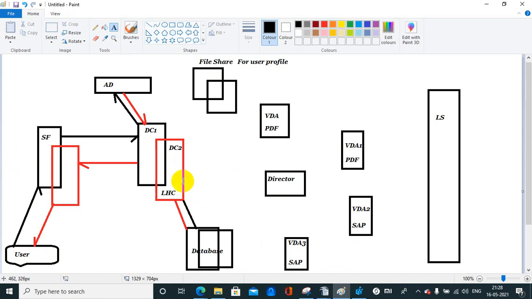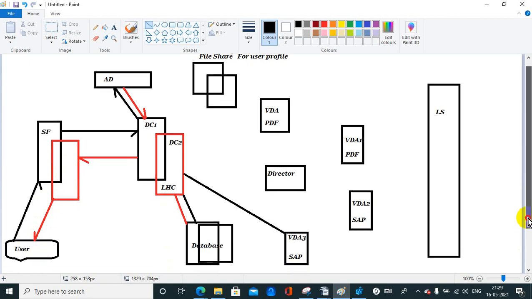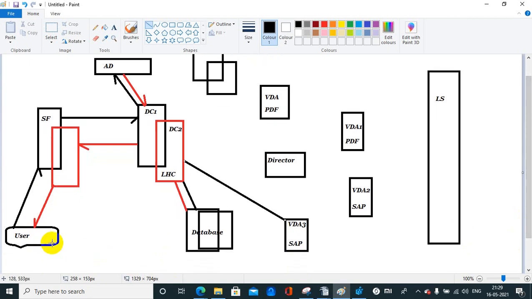Next step, it will check which server is on least load. Suppose VDA3 is on least load. It will get the detail of this server as well as collect the application detail. It sends it back to the StoreFront, and here the user will get the .ica file. The .ica file will be downloaded onto the user desktop.